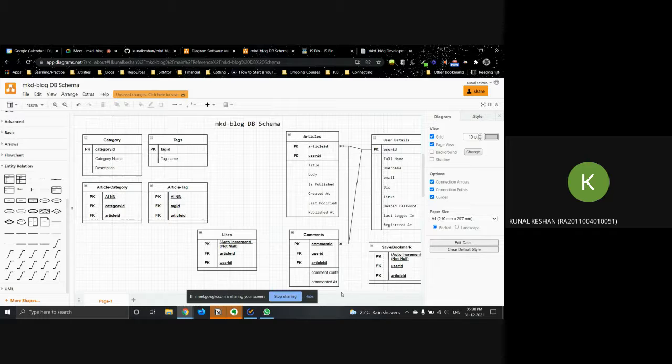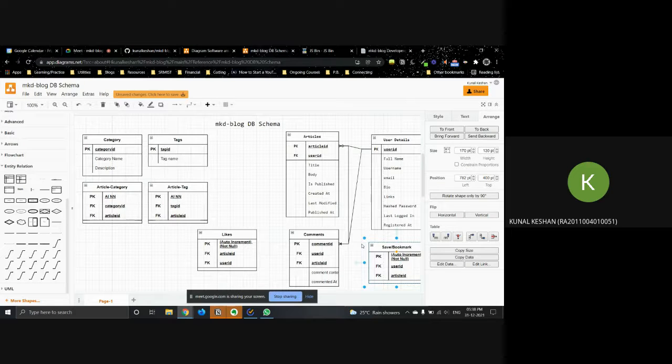What about my bookmark table over here? The main relationship is that one user can bookmark many articles, and the same article can be bookmarked by many users, so it's a many to many relationship in this case.